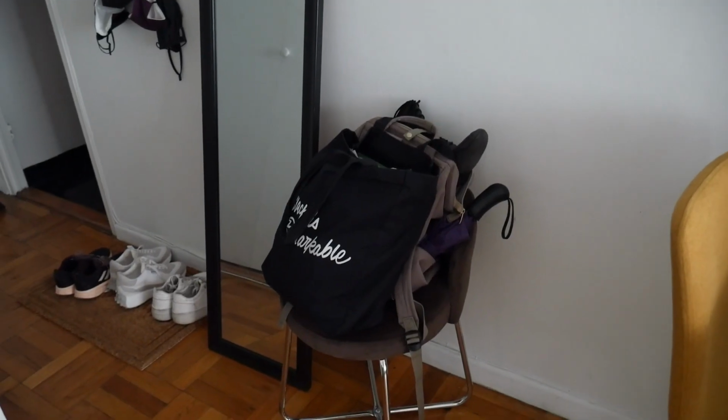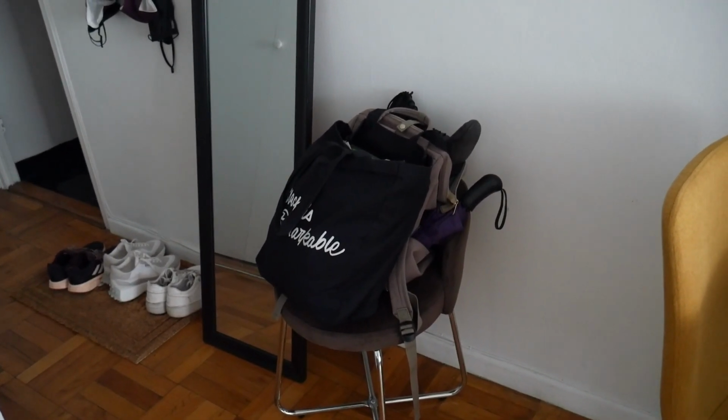To be honest, the main reason that I want to get rid of this chair is because I feel like I have a surplus of chairs in my apartment. It's because I got 4 of the gold chairs and I don't have all 4 of them sitting at my table. So I have one right behind the camera, and then I have this one here, and then I have that little stool one that I found downstairs